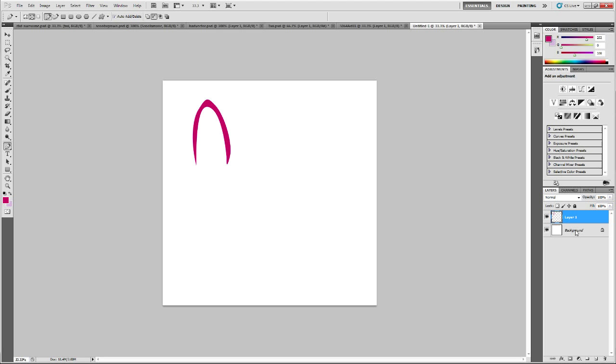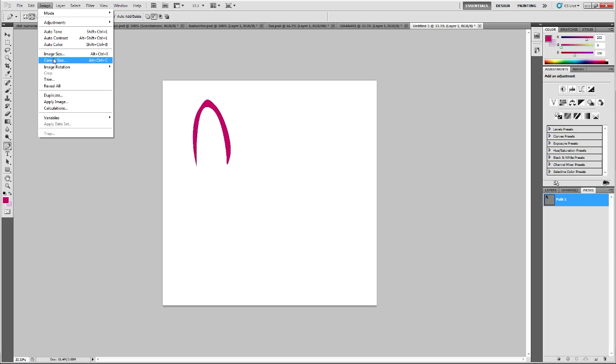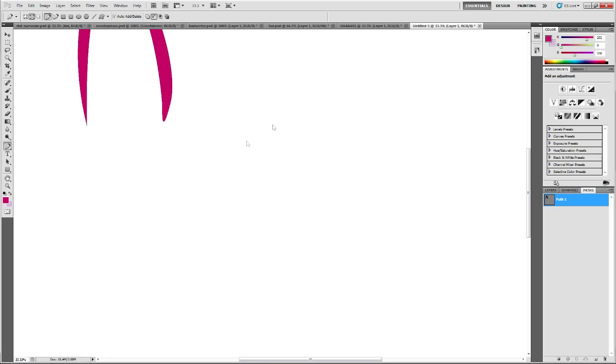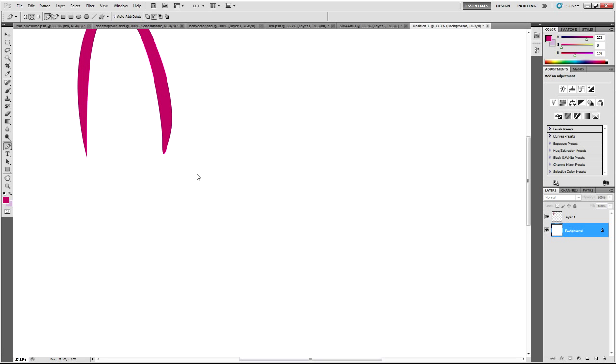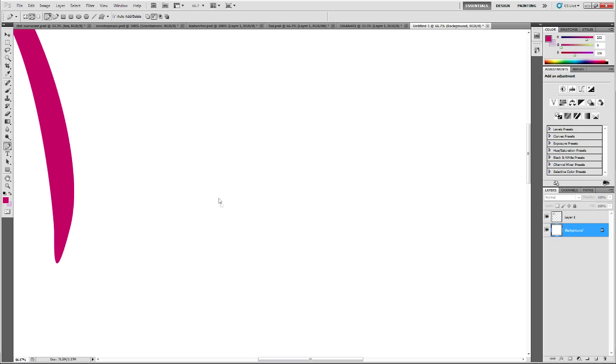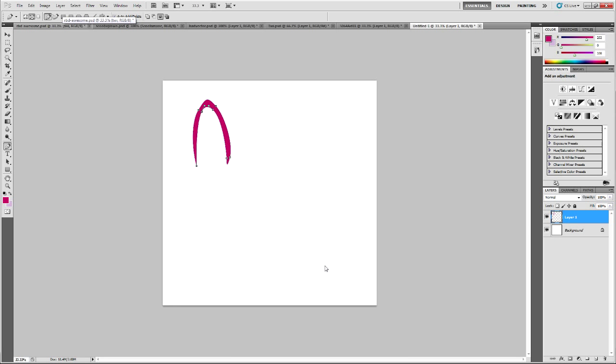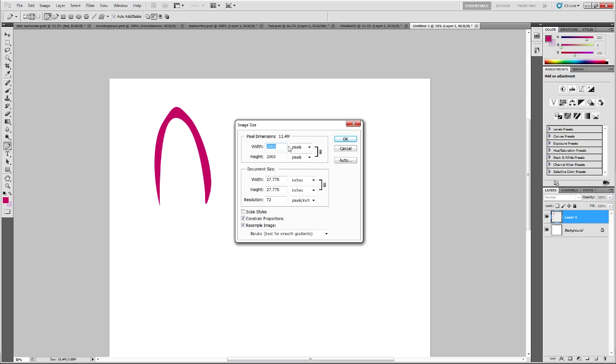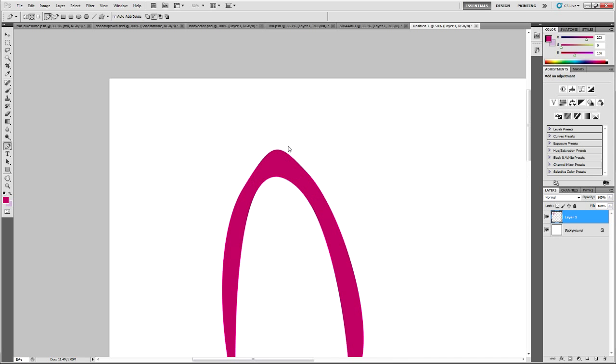Now, how come I don't want you to do this? I'll tell you why. Because you have all your layers all set up, right? Even if they're all grouped and everything, and you've got the paths. If you go to image size, you change it to 5,000 or something. Check this out. Okay, I'll select the path. Watch this. If I image size to like 5,000 pixels,